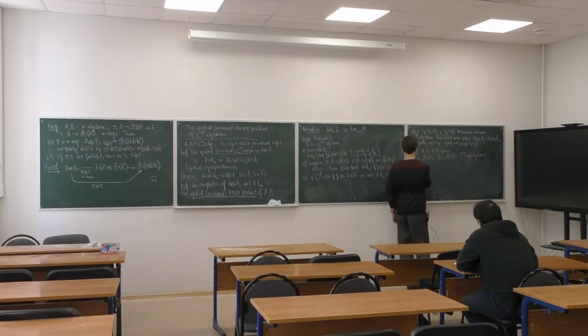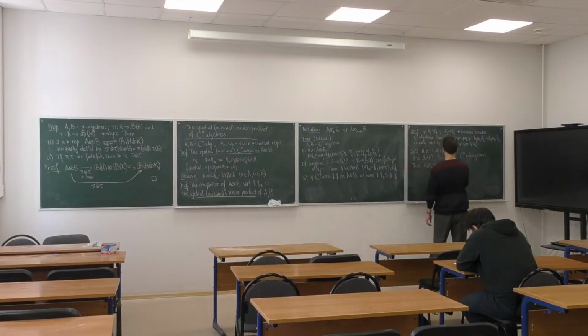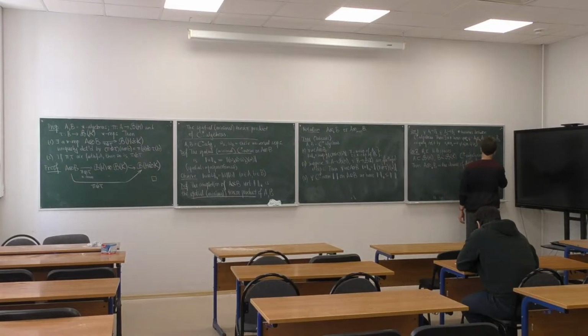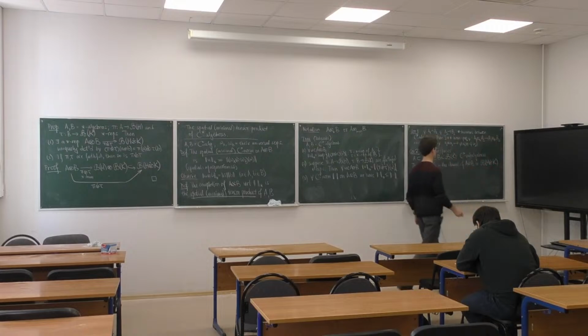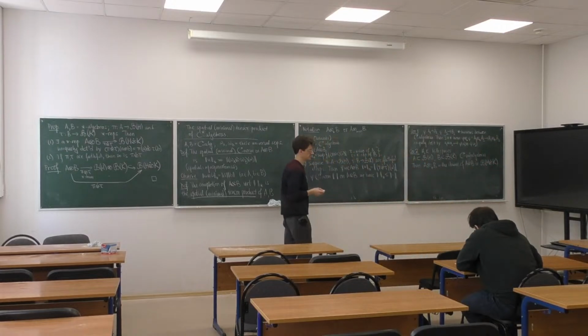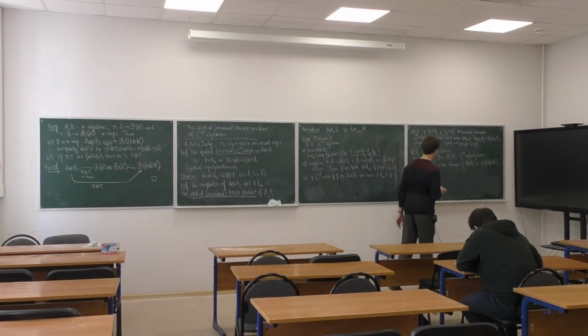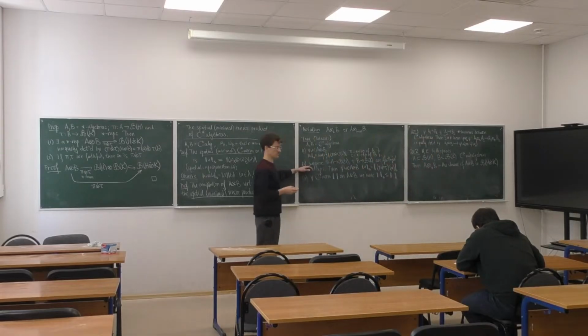Then their spatial tensor product, A tensor B, is nothing but the closure of the algebraic tensor product in the algebra of bounded linear operators on the Hilbert tensor product, H tensor K. This really follows from part 2. Just take inclusion maps of A into B(H) and of B into B(K),